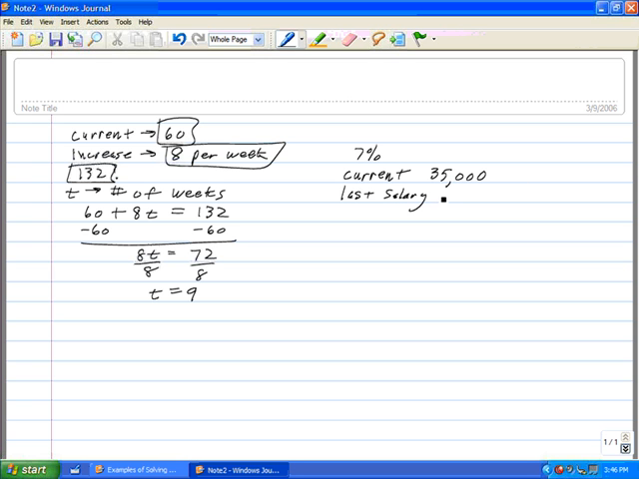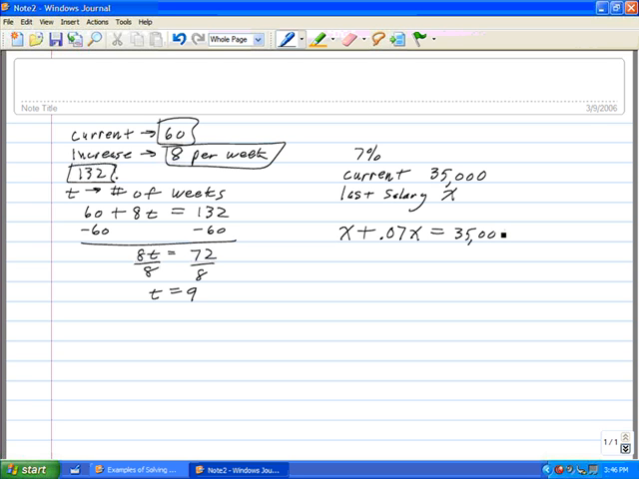And we might want to know what was the last salary before the increase. And again, we're going to designate that with the variable x. And your salary is going to be modeled by last salary plus the increase. Now your increase was 7% of that salary, and you have to remember to put that x in there. If that x is not there, the 0.07 only represents 7 cents, not 7%. And we set that equal to